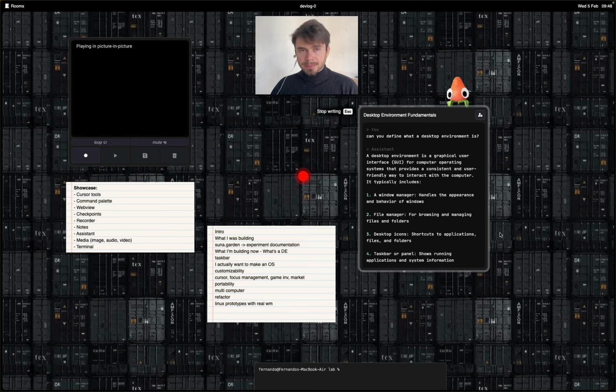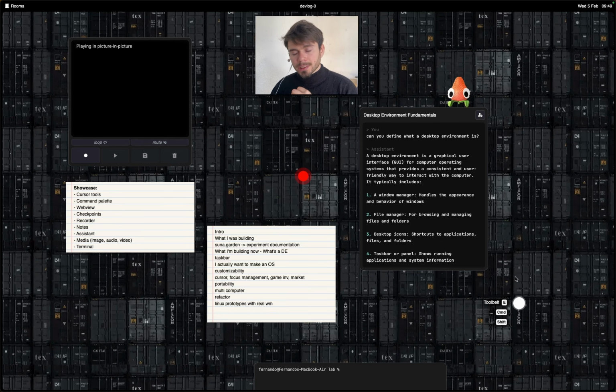So this is what a desktop environment is. I'm building a prototype and I'm using Electron. I want this desktop environment to be portable. I want to be able to manage my different computing resources, files and media across different devices and servers. I want to have a unified place where I can